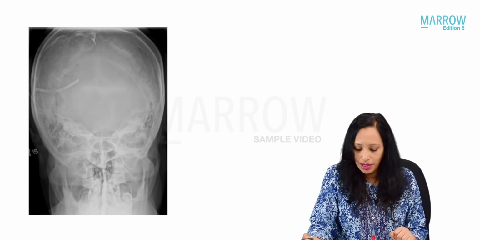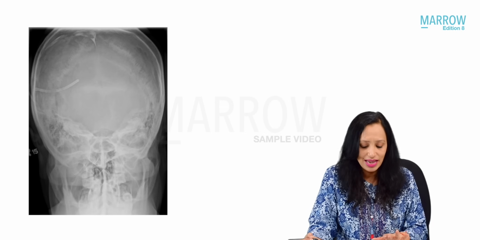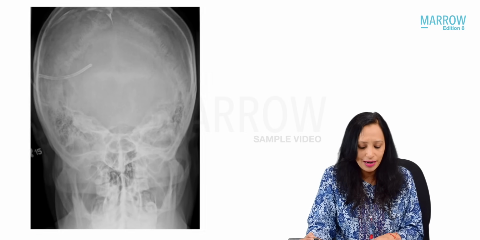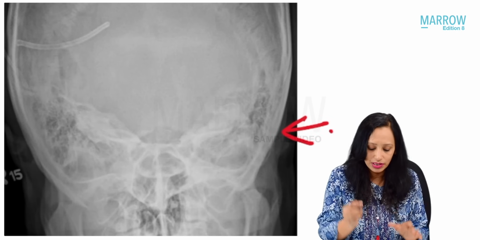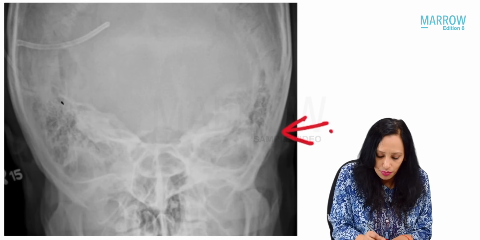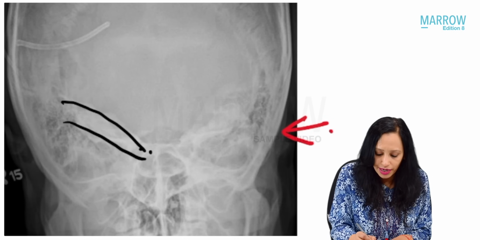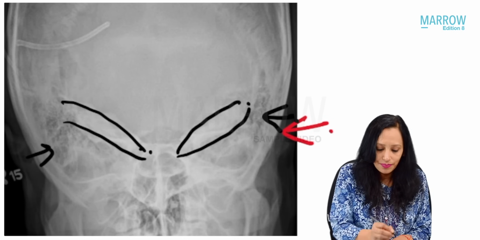So now the image that you get is like this. The X-ray film that you get is like this, and you can clearly make out that what you are seeing is the posterior part of the skull. So here what you are seeing, you know where the petrous part of the temporal bone is, right? So all this is the petrous part. Here you can see the mastoid air cells.